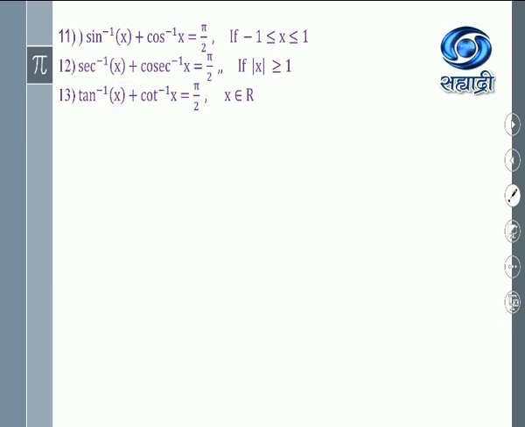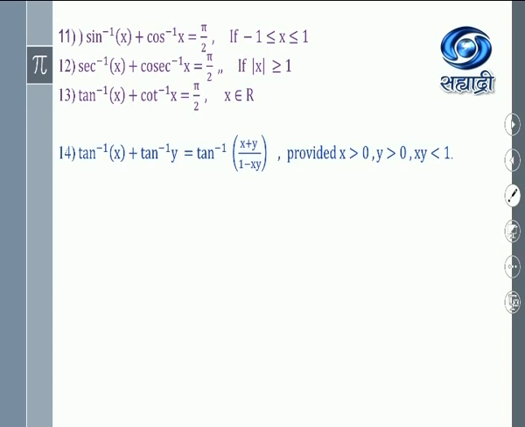Those may be asked in MCQs, you'll have to remember. Derivative of sec inverse x plus cosec inverse x: we write derivative of pi by 2, which is equal to 0. No need to find the actual derivatives, then add them, simplify and come to the final answer. Okay, so these three are very important. As identities we remember sin inverse x plus cos inverse x is pi by 2, sec inverse x plus cosec inverse x is pi by 2, tan inverse x plus cot inverse x is equal to pi by 2.